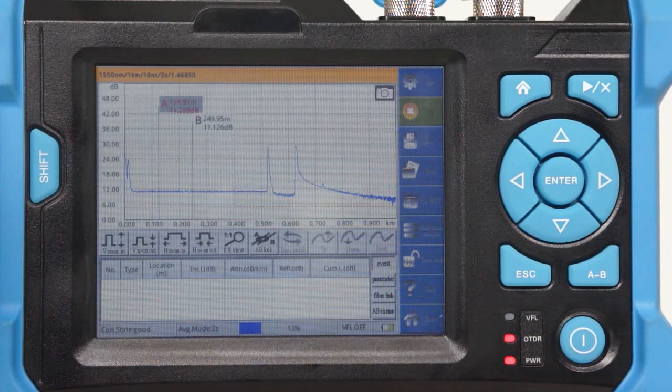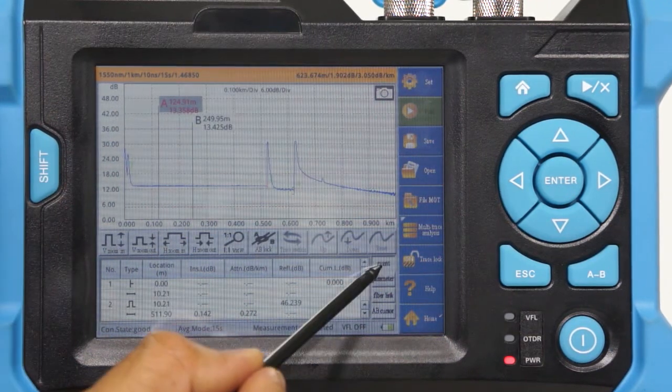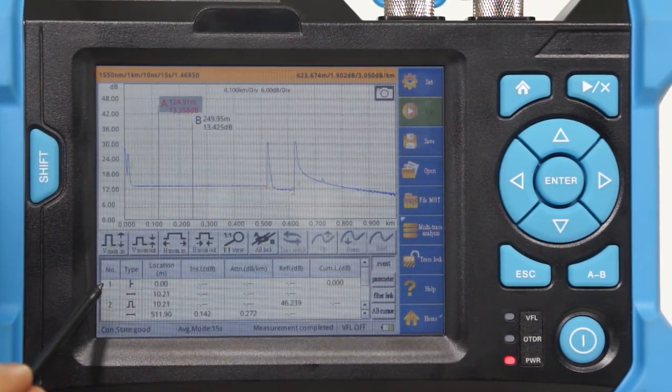The analysis of the trace can now be done from the Event tab. In the Event tab, you see the number of events occurred, types of events with different symbols indicating different event types, location, insertion loss, attenuation loss, and reflection loss.